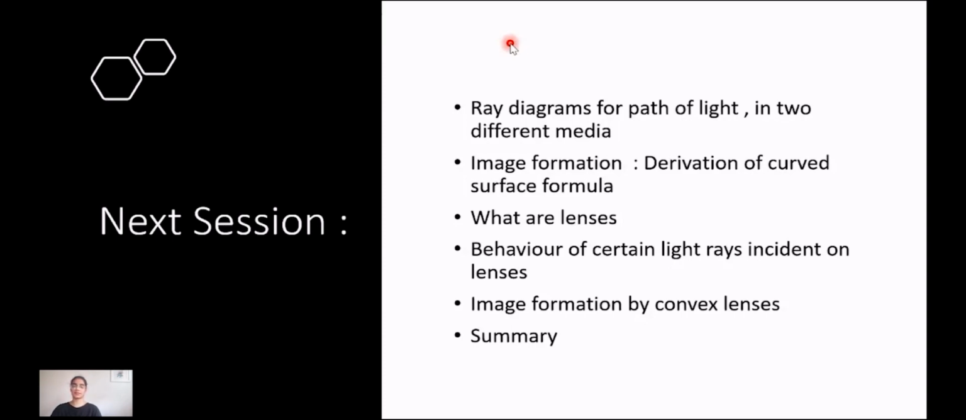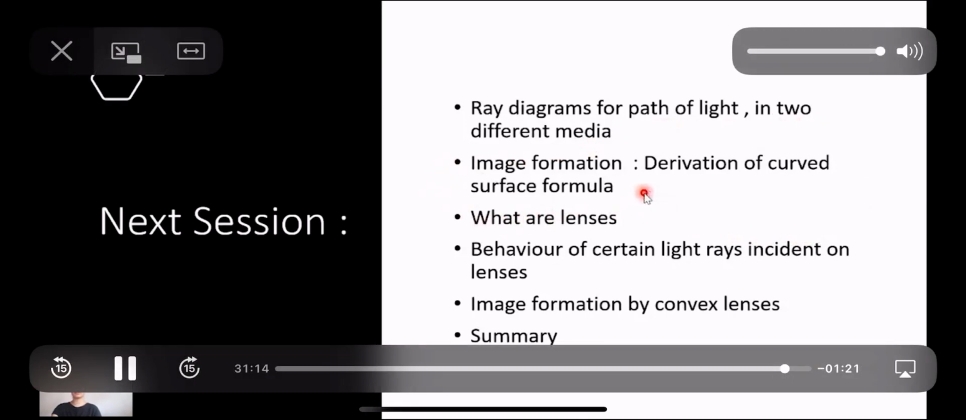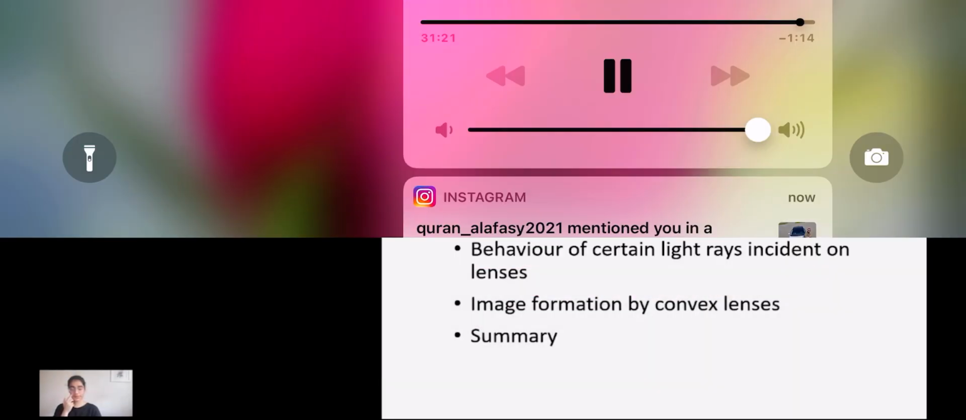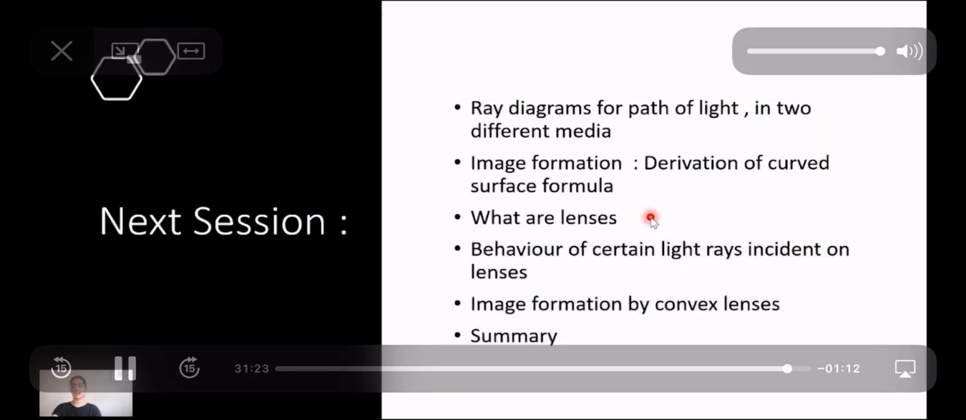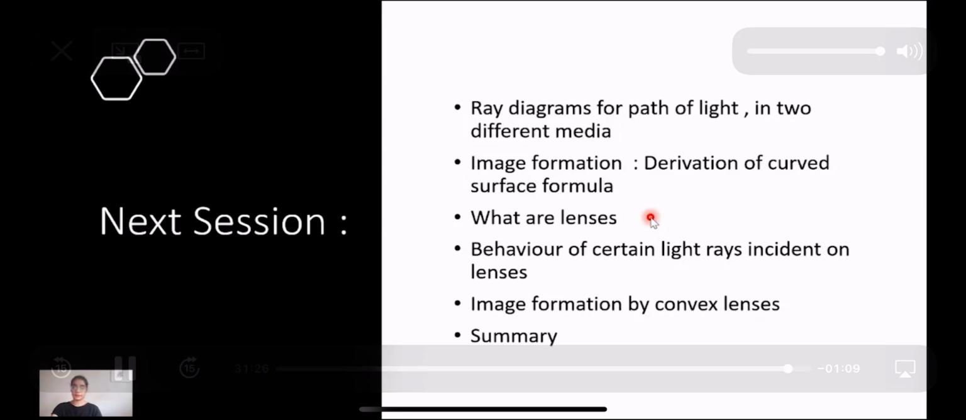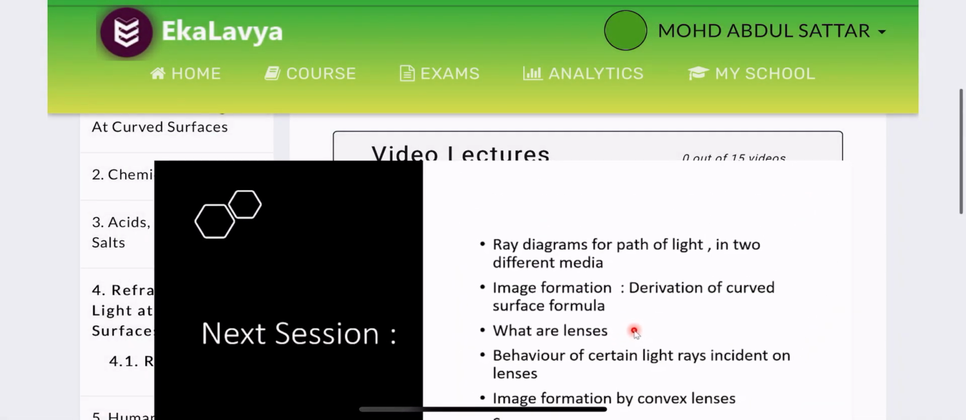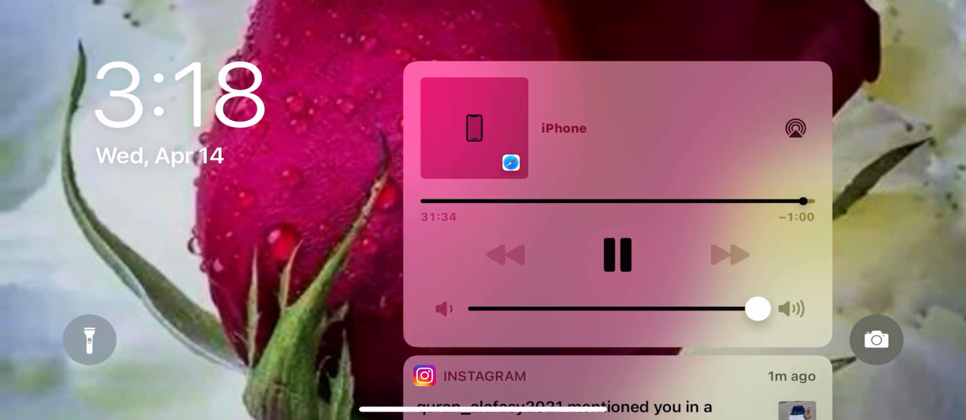Hence the next thing that's going to come is the derivation of the curved surface formula. How are you going to relate the image distance, the object distance and the focal length with the refractive indices of those media? That is the derivation of the curved surface formula. Then from curved surfaces we are going to come to lenses, which are used in our daily life for a lot of purposes, and we are going to see how lenses behave with certain light rays, how refraction takes place with lenses, how images are formed by convex and concave lenses, and what their uses are. And then we will make a summary of what